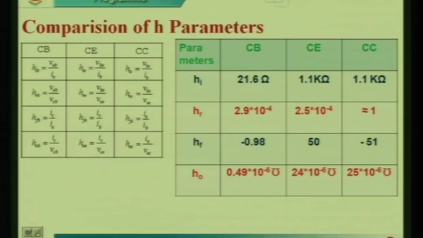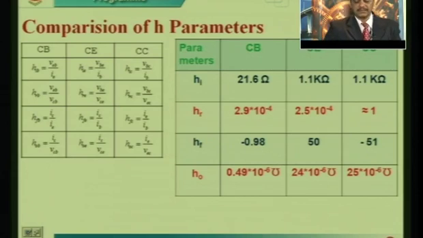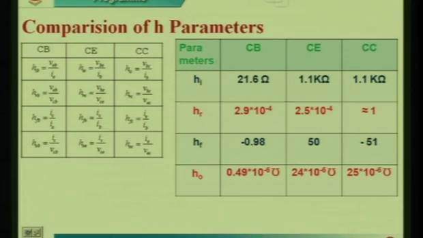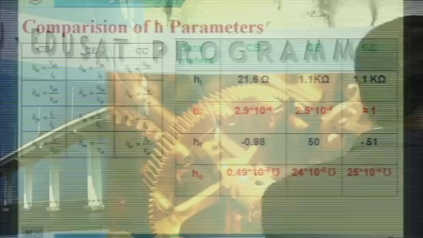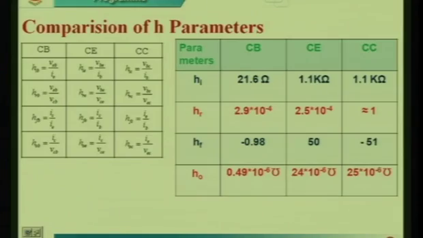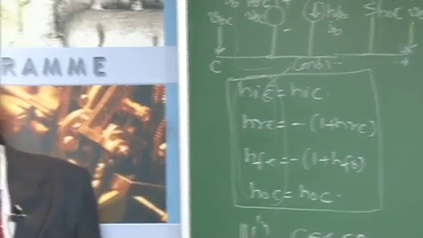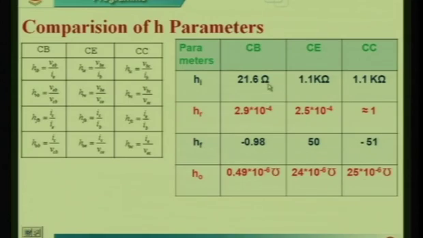The H parameters in the table shown in figure 2 are HI, HR, HF, HO. The second suffix indicates the corresponding configuration. In general, HI for the common base configuration is 21.6 ohms, for CE it is 1.1 kilo ohms, and for CC it is also 1.1 kilo ohms. HR is 2.9 into 10 to the power of minus 4 for CB and 2.5 into 10 to the power of minus 4 for CE. For the common collector configuration,